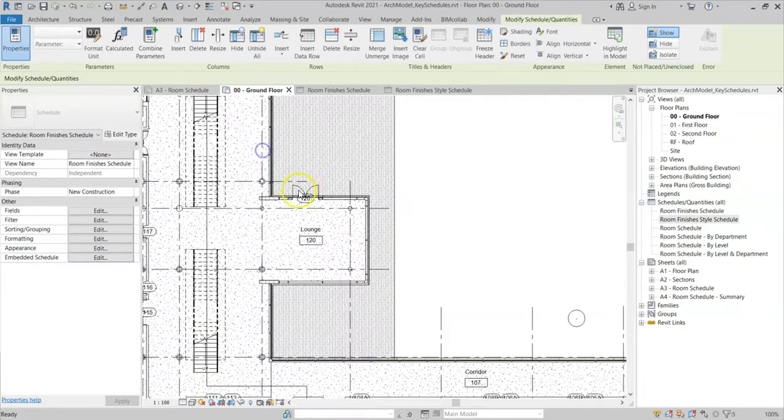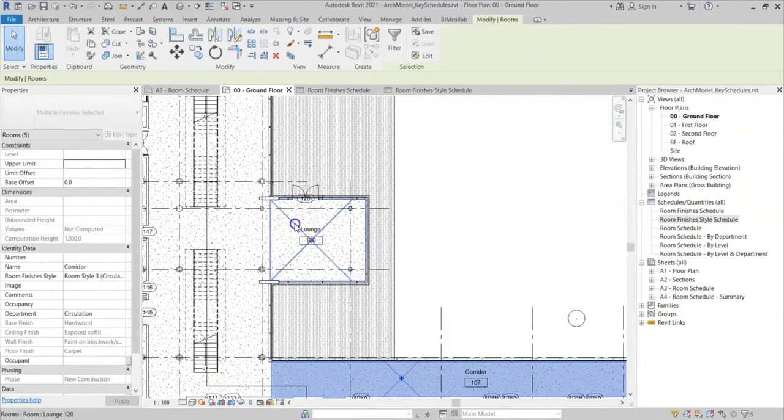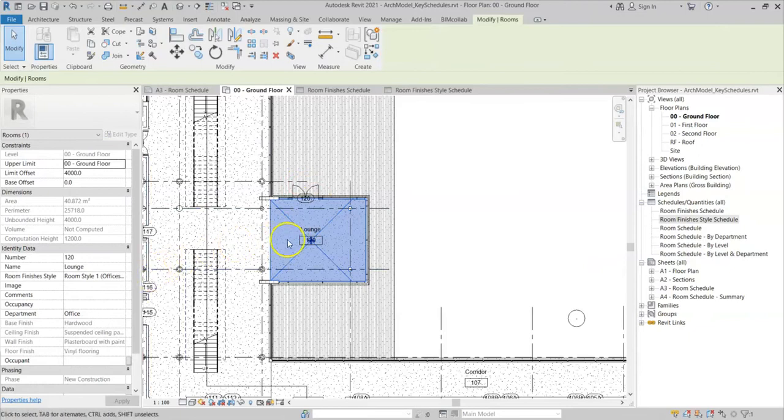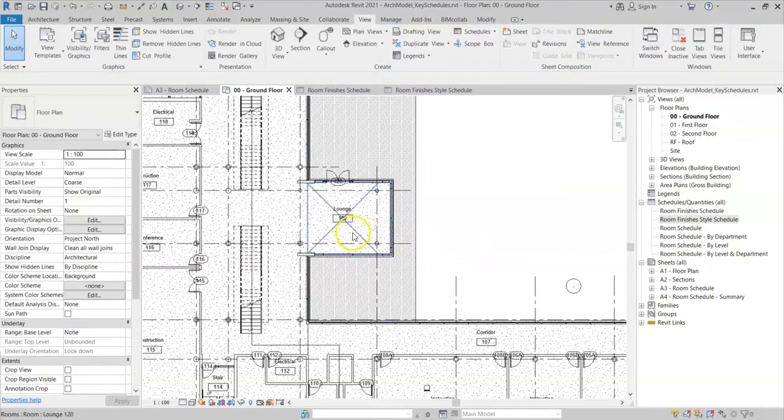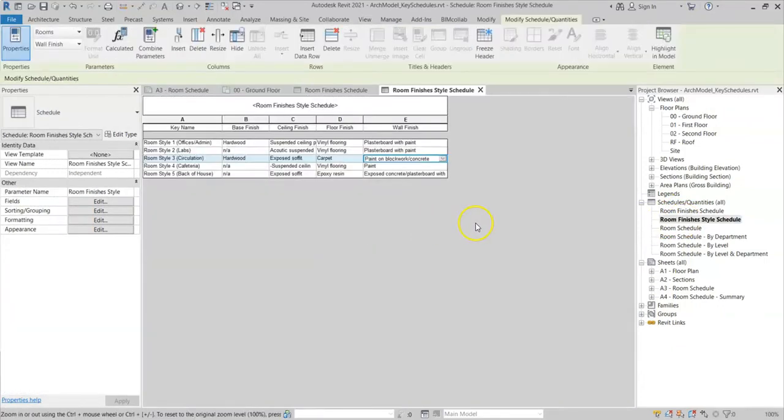You can change them in the key as well in a floor plan view by selecting the room and then clicking on the drop down for the room style as indicated before. If I go back to the room finishes style schedule,